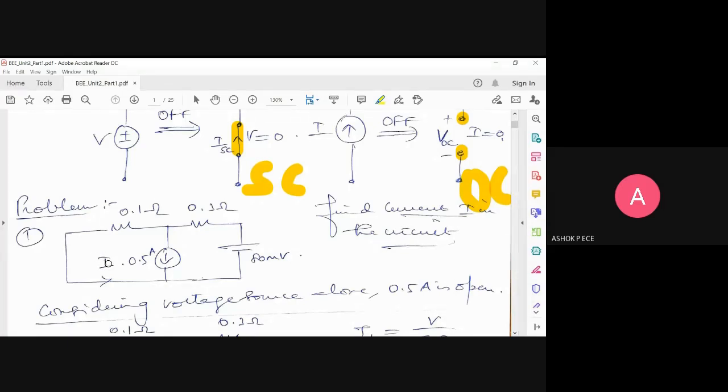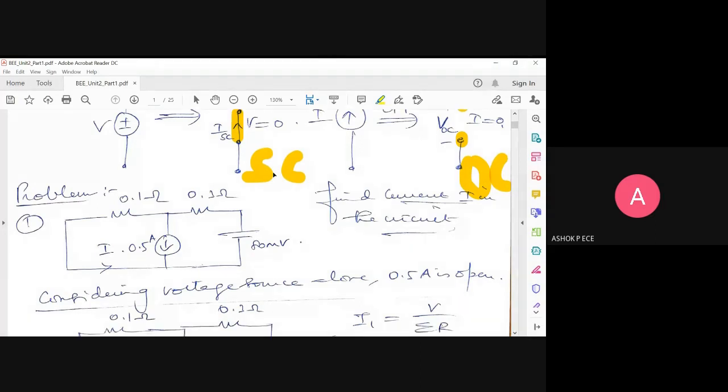So to make superposition theorem clear, first we are going to find the current I by the normal method. We'll get an answer, correct? And then we are going to solve the same thing by superposition theorem, and we are going to see whether the answer you get is correct or not. Okay, is that clear? So that is going to be the objective.